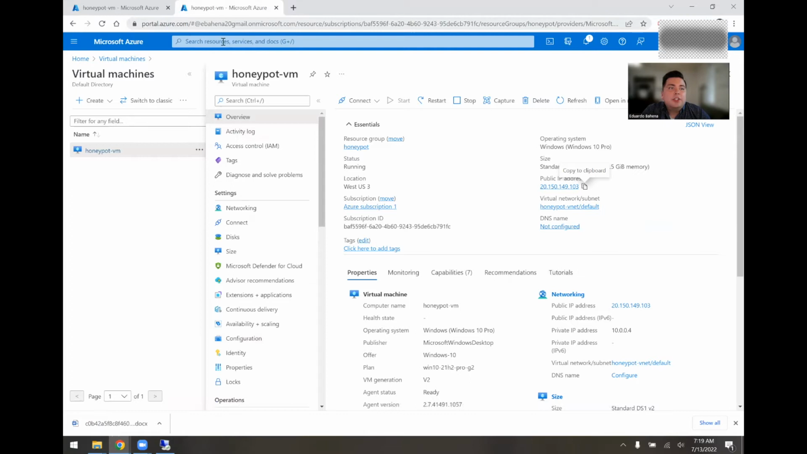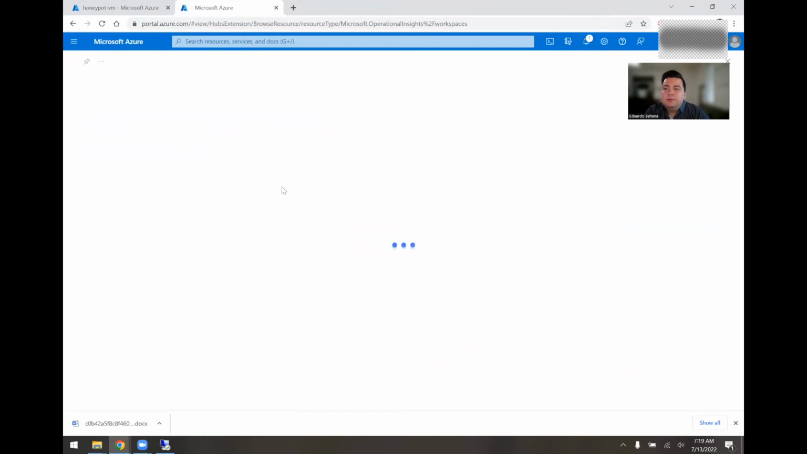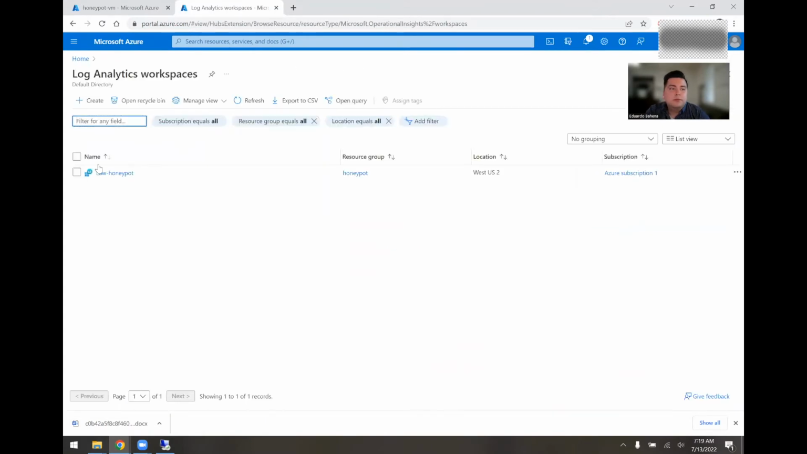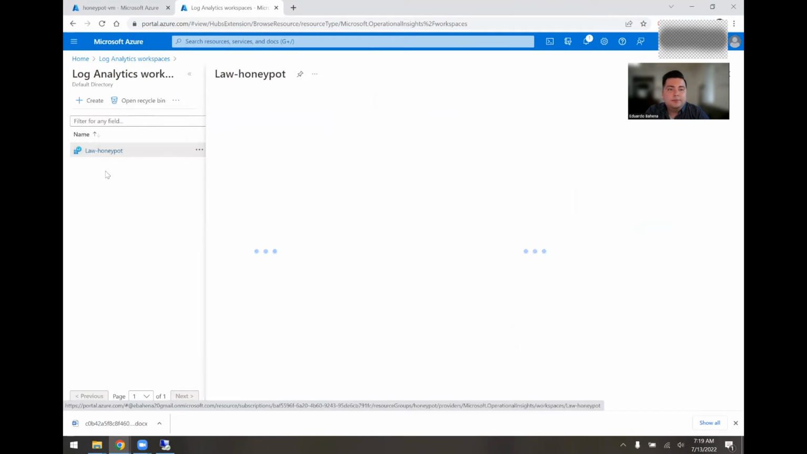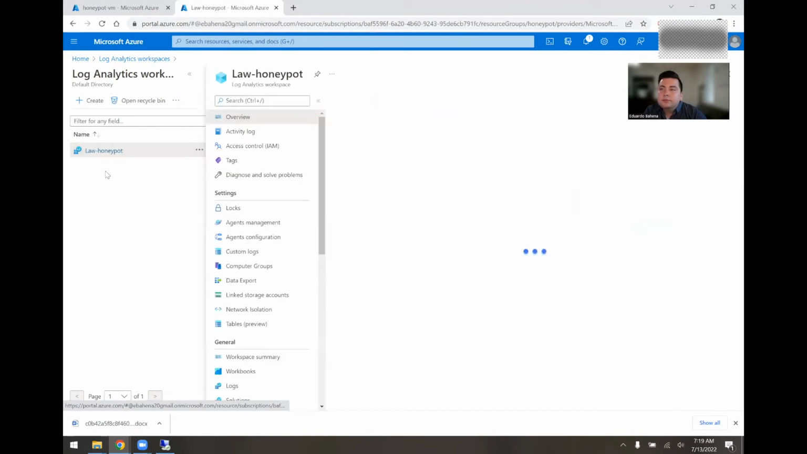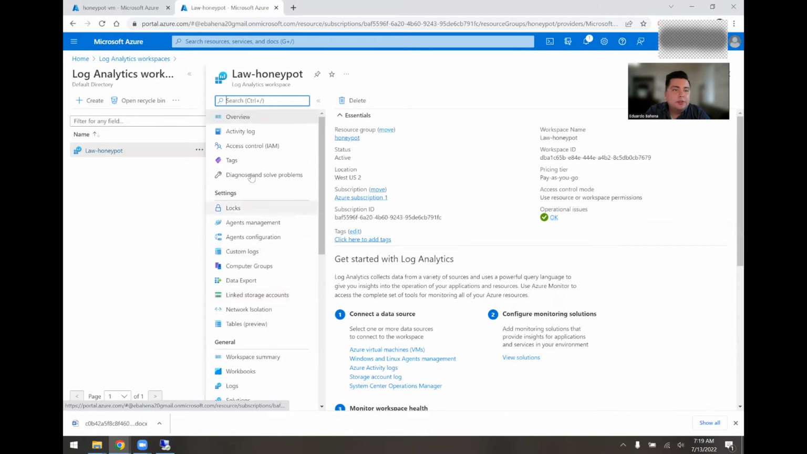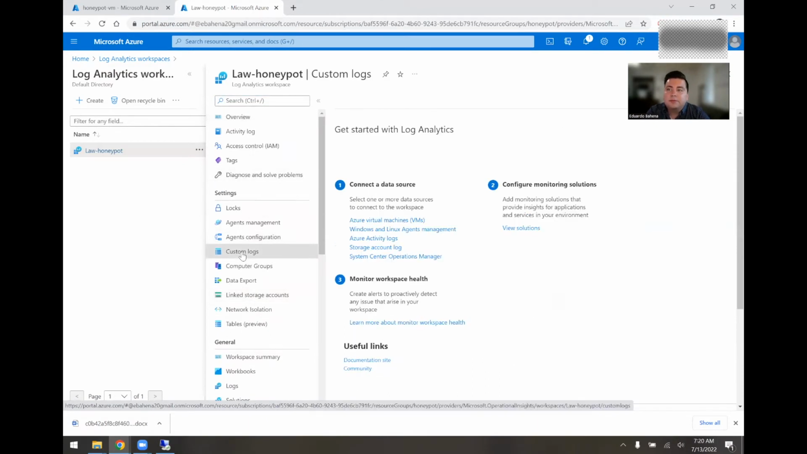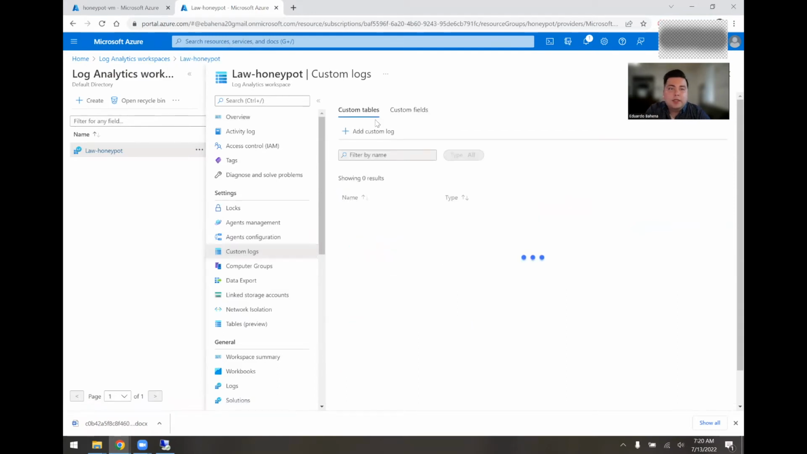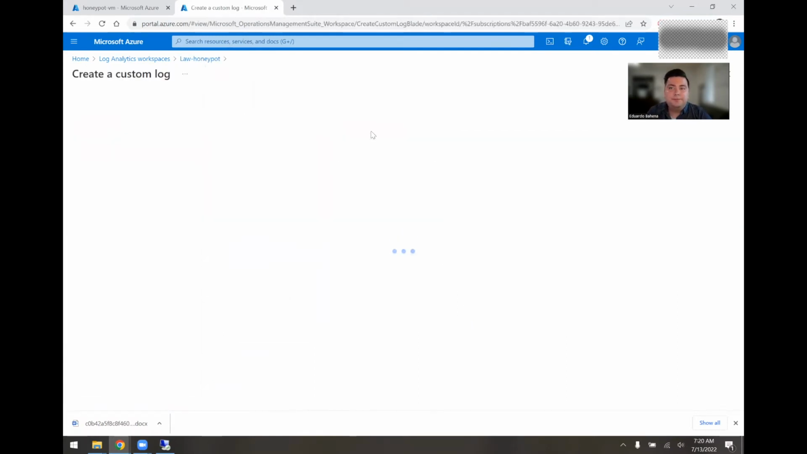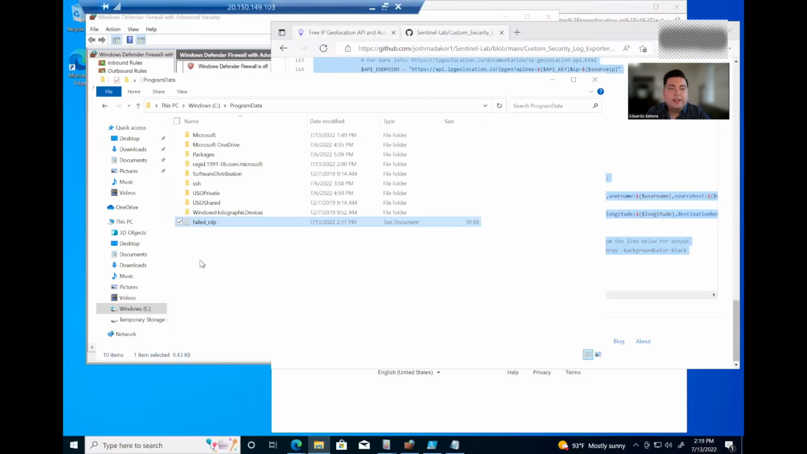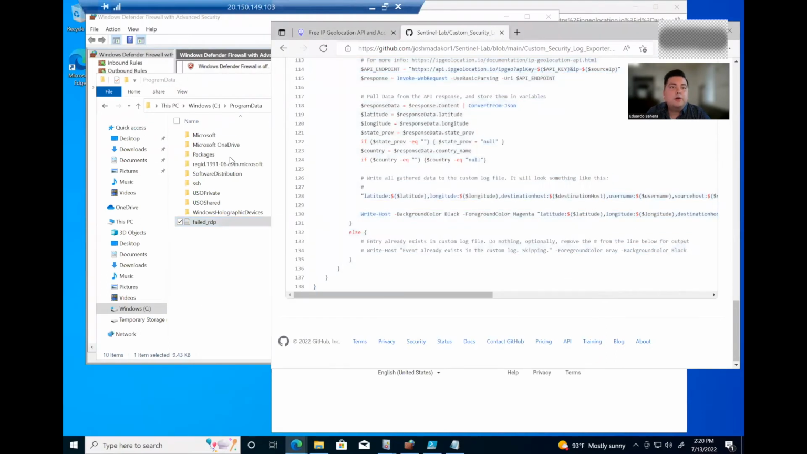Okay, so we are actually going to go into Log Analytics workspace. We're going to hit this right here, and we're going to go into custom logs. All right, and so we're going to go ahead and create a new custom log here. It's going to want a sample file. So here's what we're going to actually do. Since the original file is actually living in the VM here,